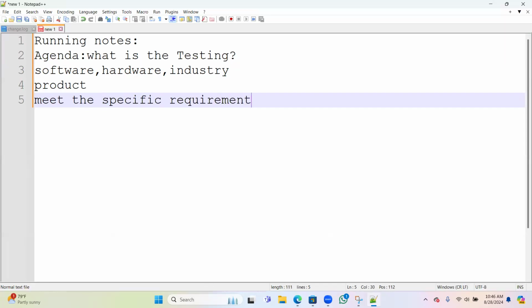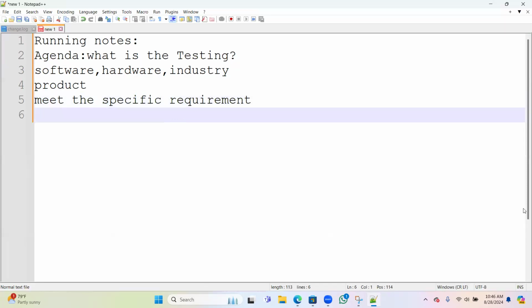For example, you are working for a company. You are not the person who gives the requirements, and you will not build the code or product on your own. The company, the business, will give the requirement. Based on that requirement only, we will build a product. Then we see whether that product performs as expected and meets the criteria or the requirement.